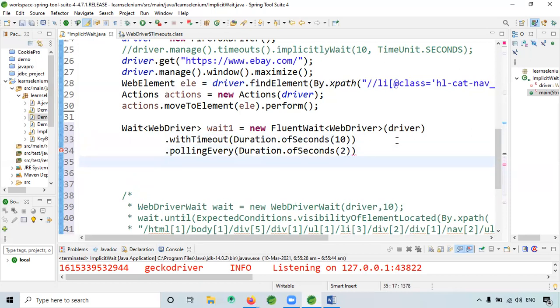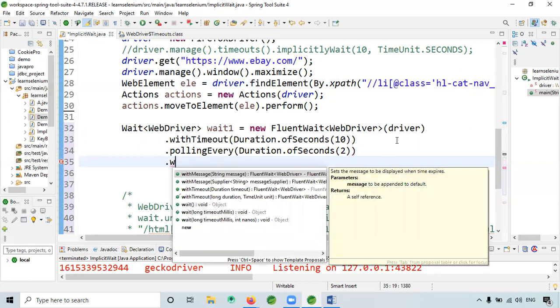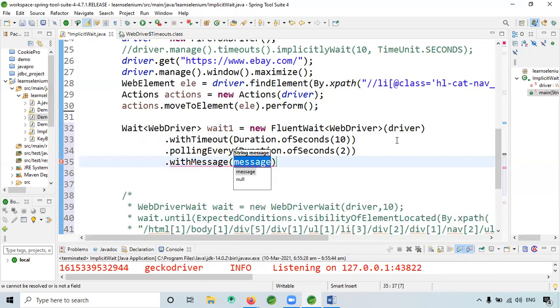In 10 seconds, every 2 seconds it has to check. Dot withMessage: if the element is not found, a custom message can also be passed. So I'm just giving this is my message.